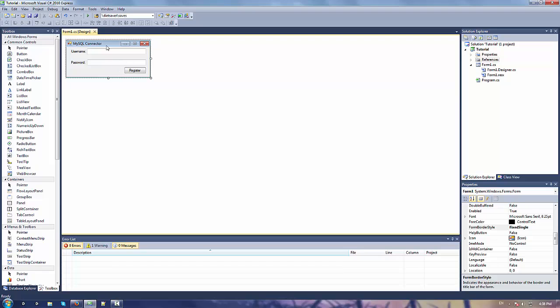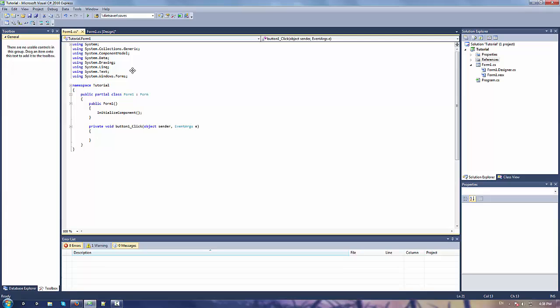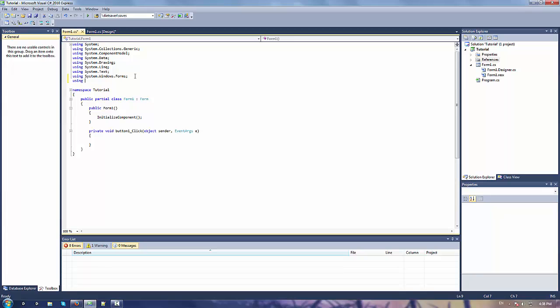Now let's go to the register button action, and we have to import our MySQL client. So let's type it: using MySql.Data.MySqlClient. And we have first to set the connection string. You will see later what I mean. MySqlConnection,